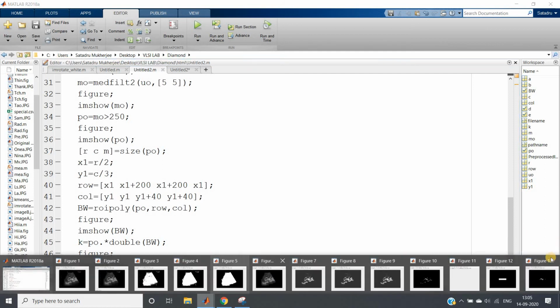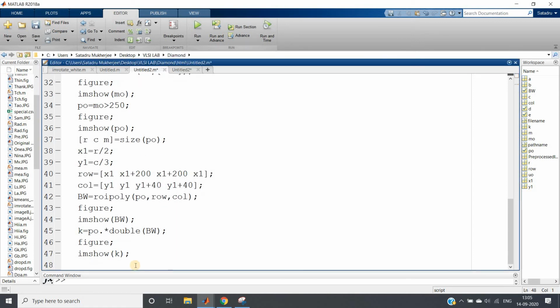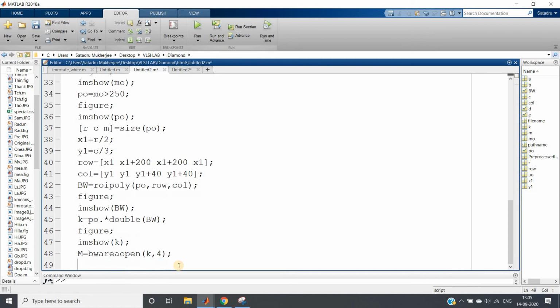Now what we can do more, see in this image some small binary objects are present. If the kidney stone is a very small accumulation of calcium, then we can ignore those if it is very small, right? So I can apply bwareaopen also, bwareaopen K comma 4. If the binary object has more than 4 pixels, then only we are going to take it, that's all, right? Then we are going to apply labeling on this.